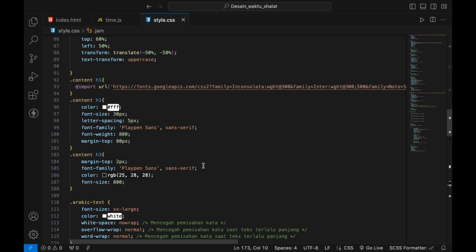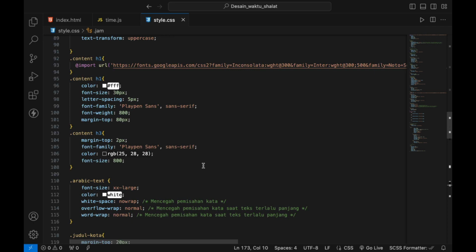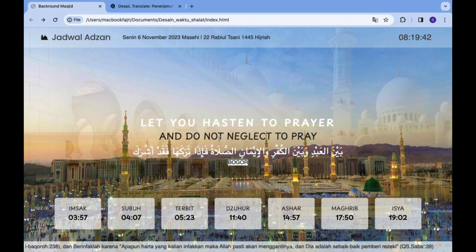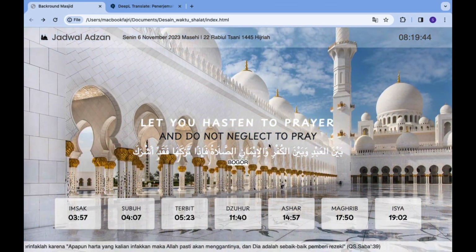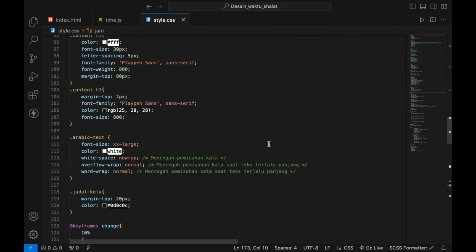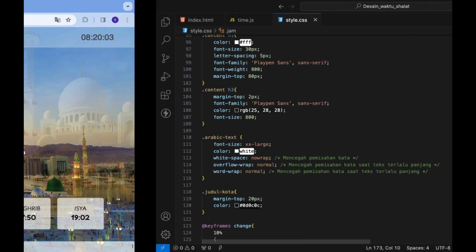The color is white, font size 30px, letter spacing 5px, font family Poppins sans-serif, and margin top 80px. And for the H3, 'do not neglect to pray', I made margin top 2px, font family Poppins sans-serif, the color is black, and font size is 800. And then for the Arabic text.